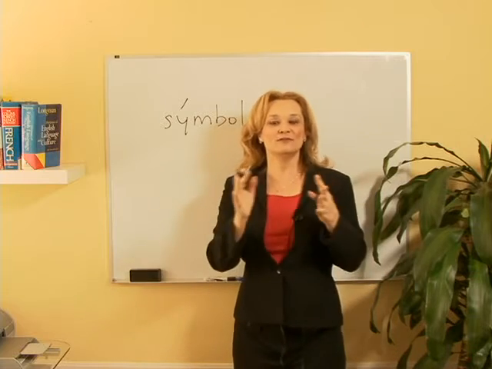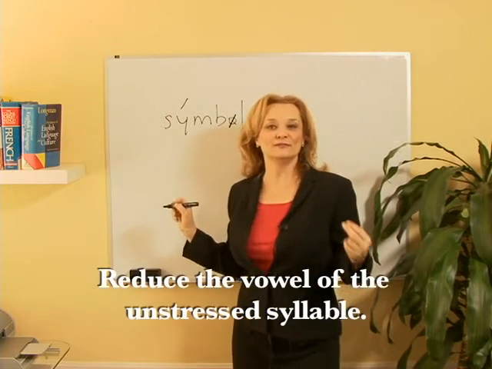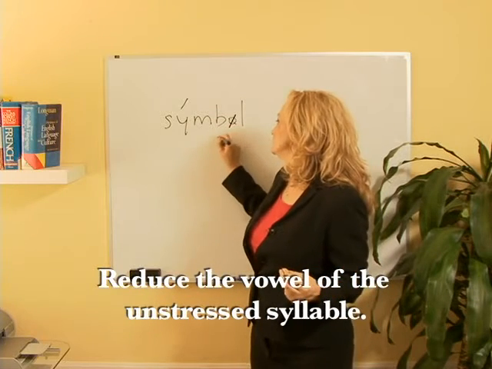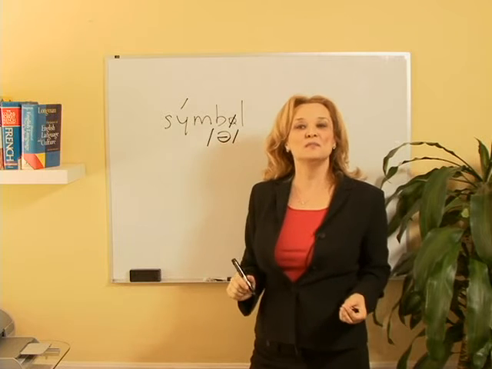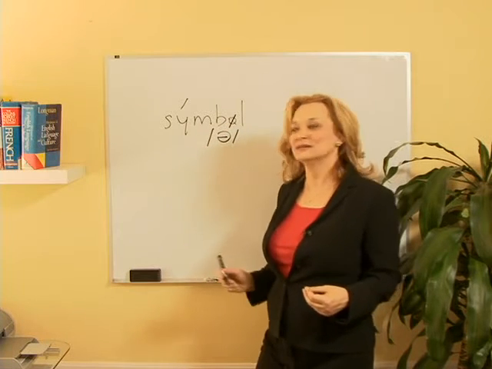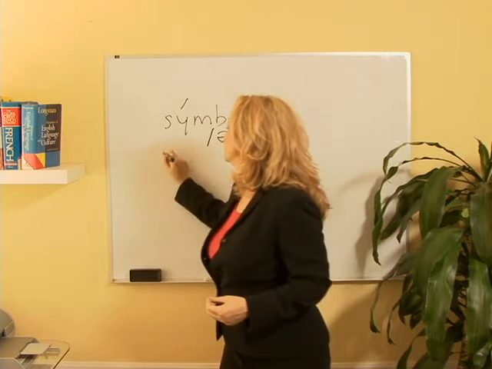When we have a reduced vowel, we don't pronounce it fully. We don't say symbol. We reduce it and we pronounce it as symbol. So the O changes. Let's look at another ending with O. For example,